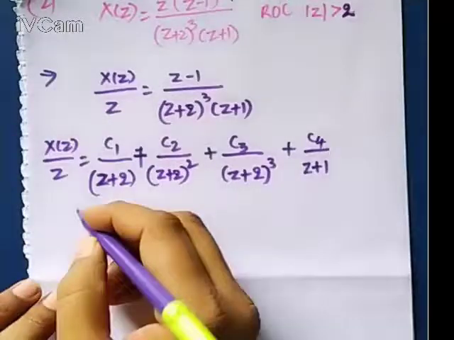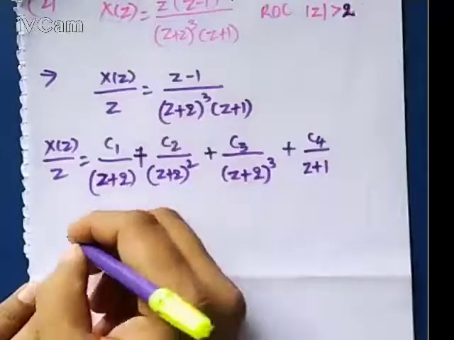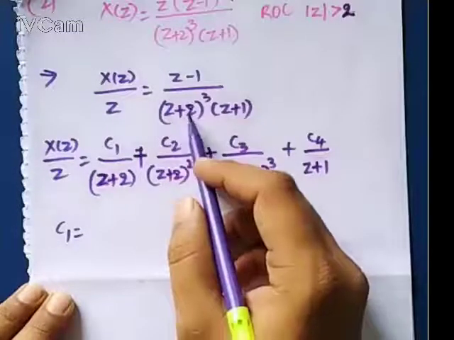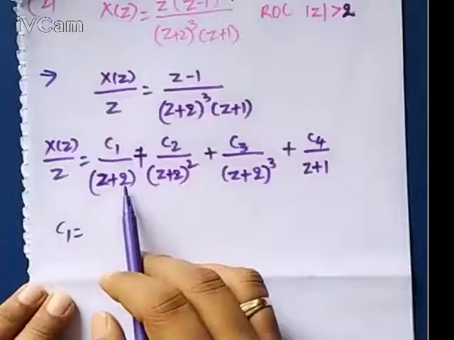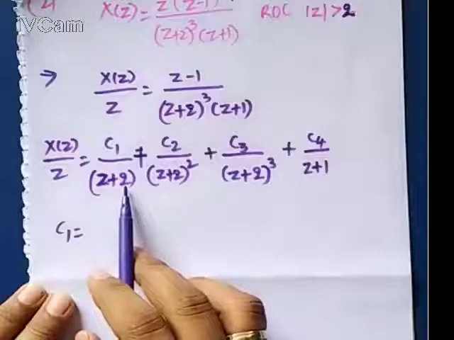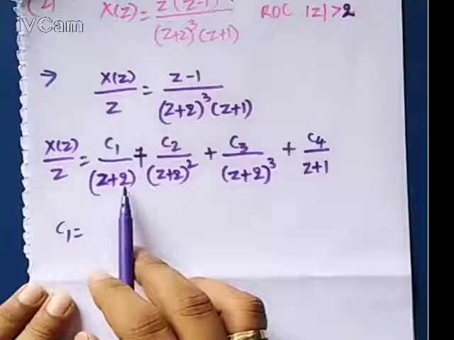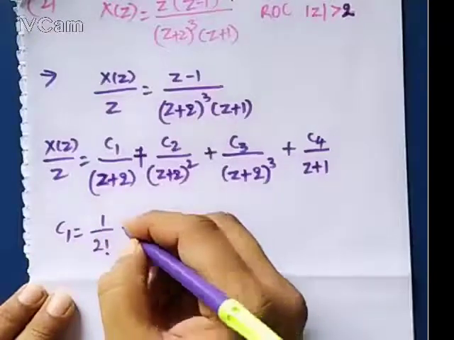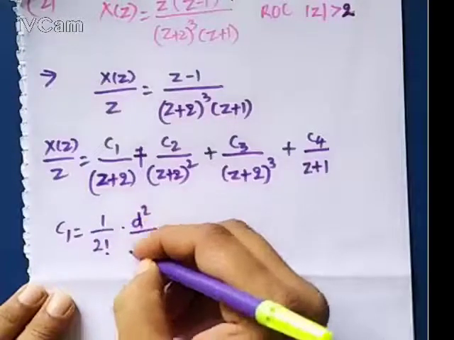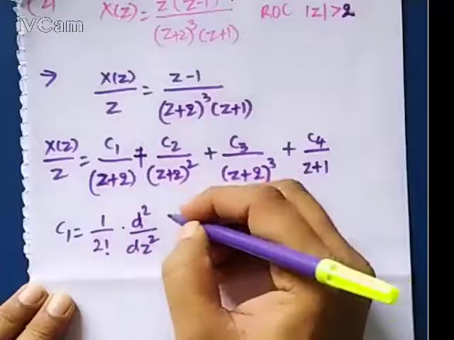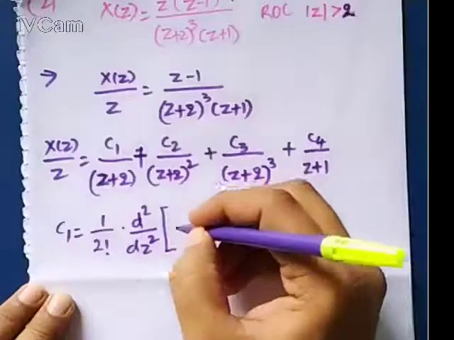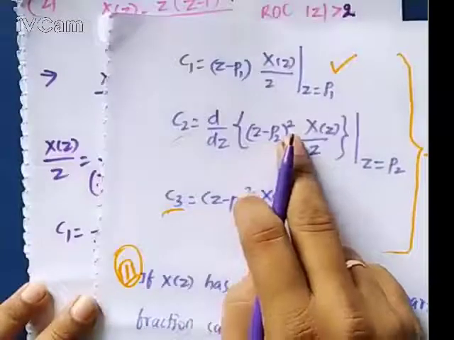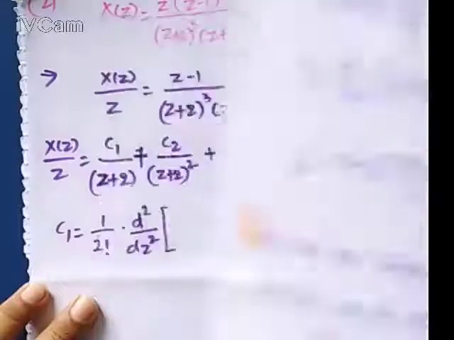So in that sense you can identify here. So C1, I will start with C1. The C1 term you can see is (z plus 2) only, that is the (z plus 2) cube term. Here it is 3, so how many times do you have to differentiate? You have to differentiate it 2 times. So that's why that will be 1 by 2 factorial into d square upon dz square of X of z by z. You check here: d by dz of (z minus p) square into X of z upon z. So what will come here,